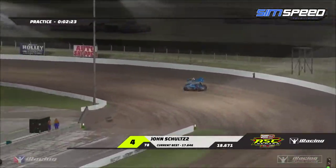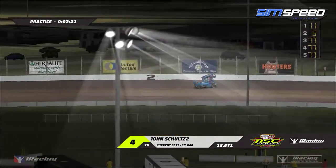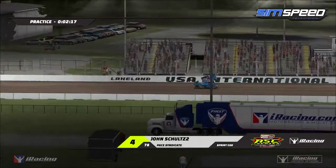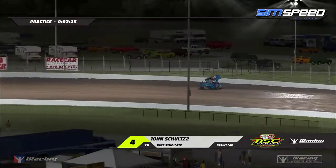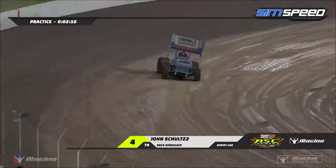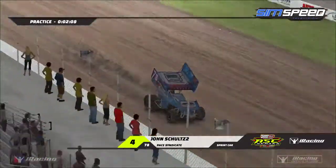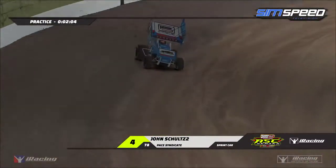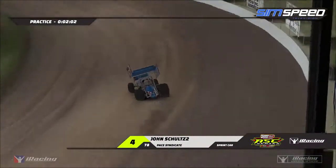John Schultz doing a good job, definitely a little bit further up the timesheets than we've seen him throughout the series. Currently in 4th position, he'll be quite happy with where he's sitting at the moment. Yeah, absolutely. It's always a pleasant surprise when you're inside that top 5 and doing relatively well like John is at the moment. Obviously not the quickest driver in the field, but like you said, with less cars, it could